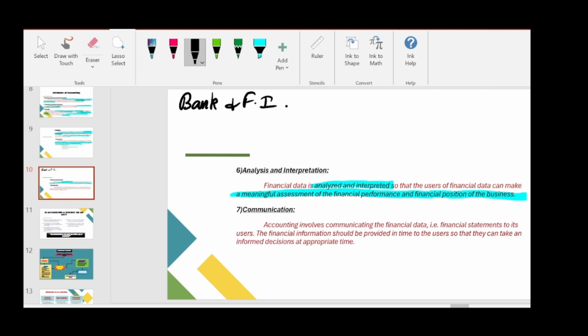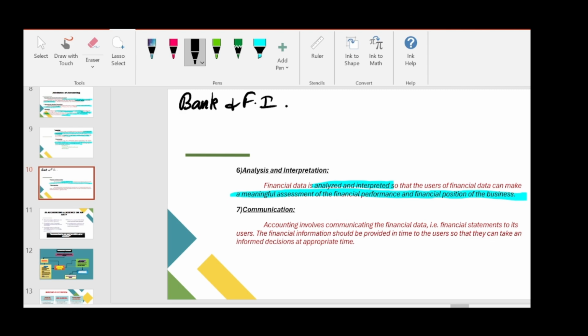We need to pledge something with the bank. So they will evaluate the value of the asset, and they will see: if the company couldn't repay my loan and I sell the assets pledged by the company in the market, will I be able to recover at least 90% of the loan given to them or not? This is how they will make an evaluation. And sometimes this will also happen if the company wants